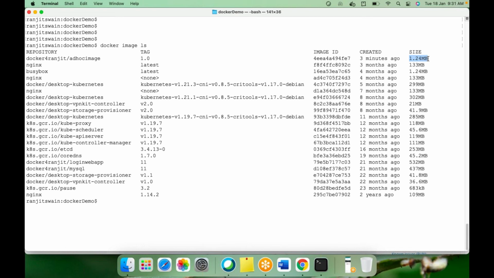Okay, the image is now created. So what we'll do next: we built our own image. Now let's create a container out of this image. That is our ultimate goal, right? We need to create a container out of this image. That will be my final thing. So what is the command? docker container